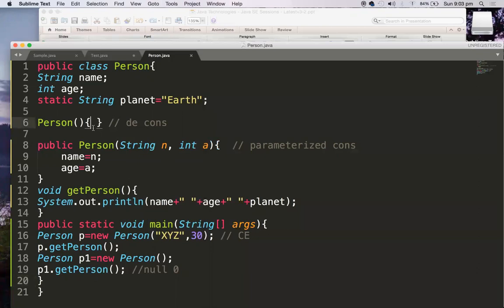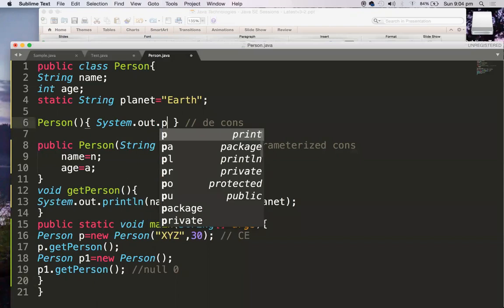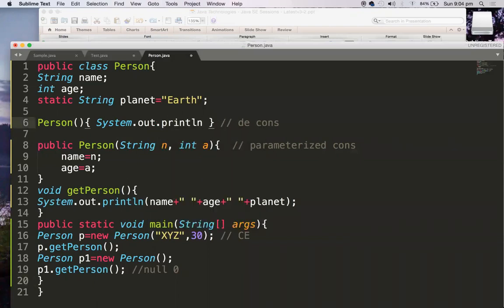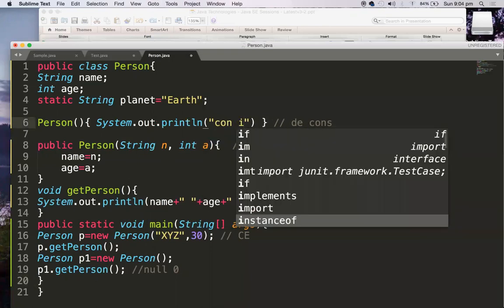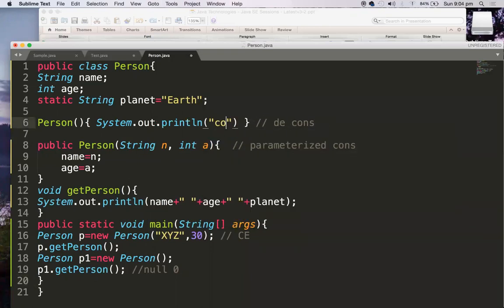So if you want to write anything over here, you can say system dot out dot println, constructor invoked. So this will get printed as part of that.